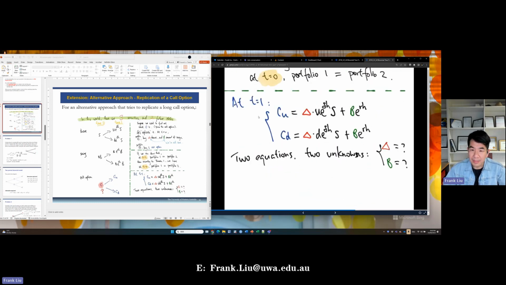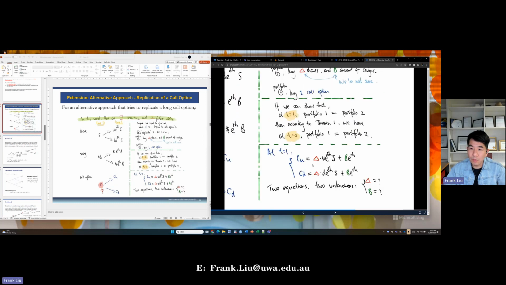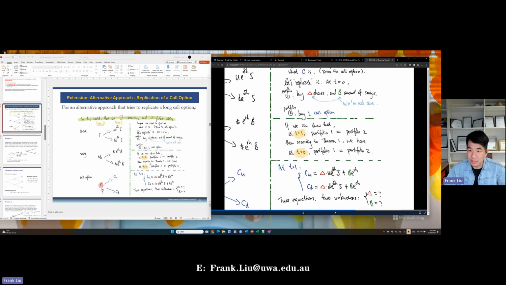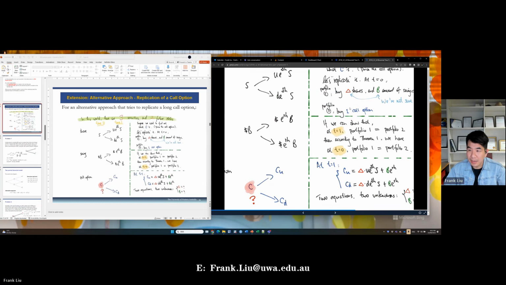So what do we have at t equals 1? At t equals 1, given that we bought delta shares at the start, and we invested B amount of savings. That means if in the up state, the share price has gone up, the call option value, which is the portfolio